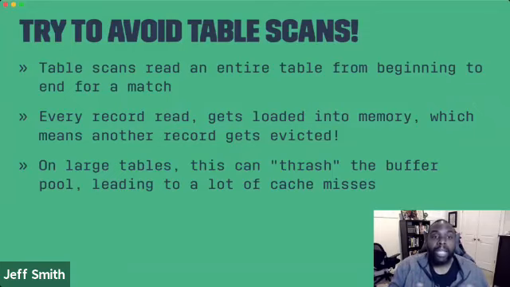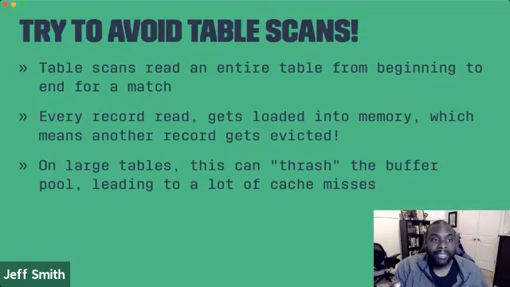So if we've only got 5 gigs of RAM, and we say, oh, I'm going to do a table scan on this 10 gig table. Every record we read is going to come in. But if we're at memory capacity, that means the database engine has to figure out what record to evict. It has to get a record out. But what ends up happening is if you're what we call thrashing the buffer pool,